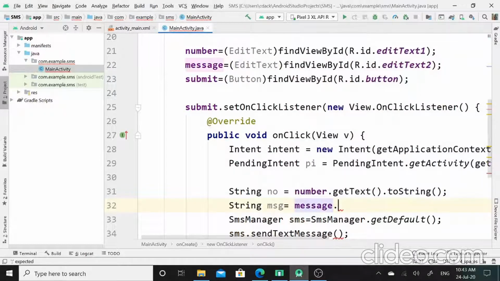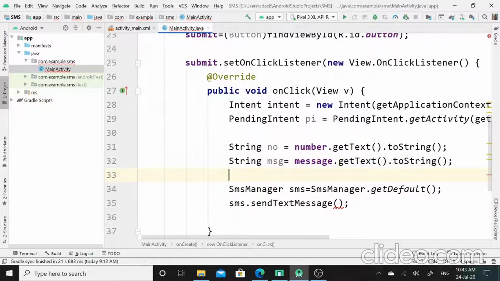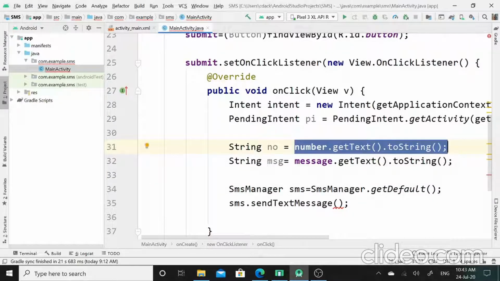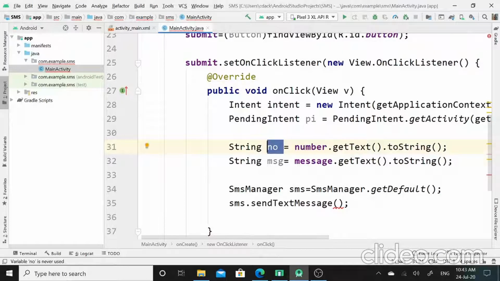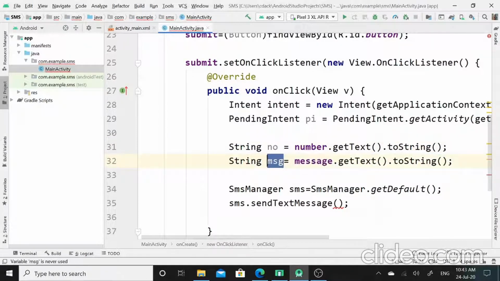Here, with the help of the message reference, again I will call the getText property and toString method. So in this way, the contact number will be assigned to the number variable and the user's message will be assigned to the msg variable.